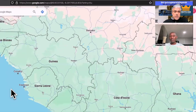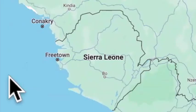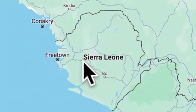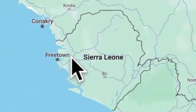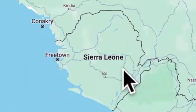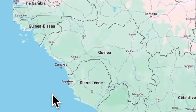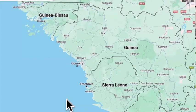But just to expand it all out for people who are new to Cajutel and why I'm so excited about this project and interested in this project. So you have Sierra Leone here, and we've been building here, and then you have the Diamond Country out west, and you're going to be building there. And then you've recently got a license for Guinea, and we'll talk about that in a moment. And there's still an application going on for Guinea-Bissau. So we're talking about a massive area of many, many towers, virgin territory, and a project that's building